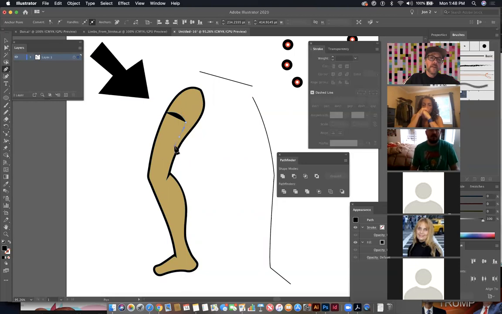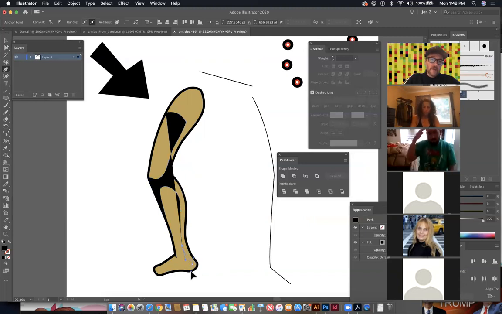And then we'll go down here, add a little bit around the back of this. I'm also going to go underneath the knee right here, and then back up. And then we'll go back down this area right here,